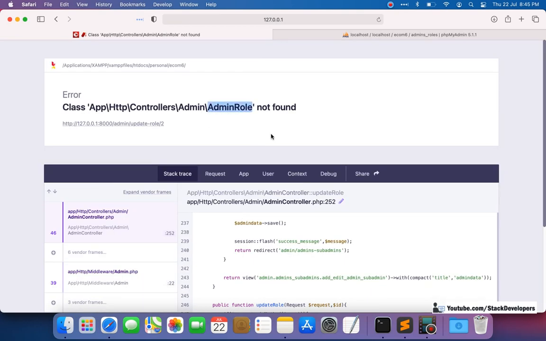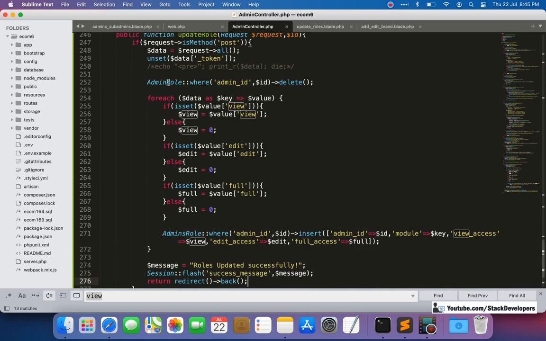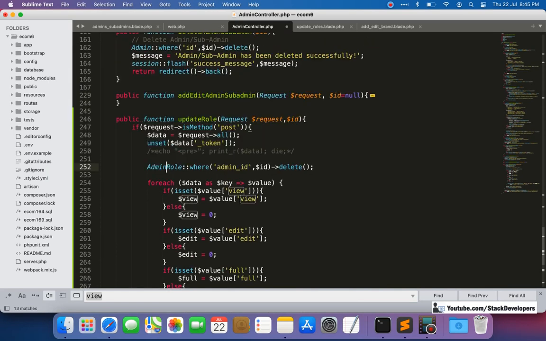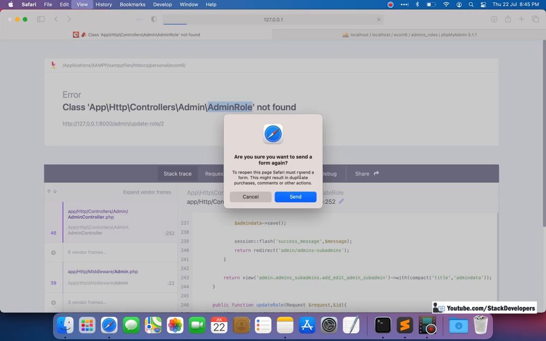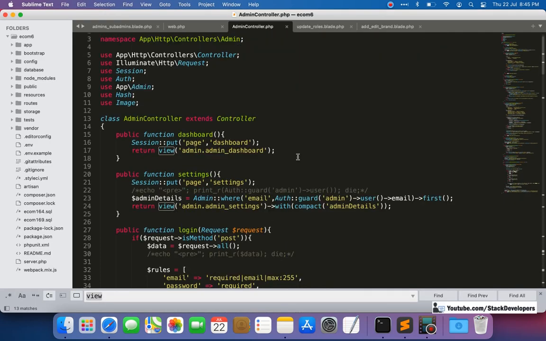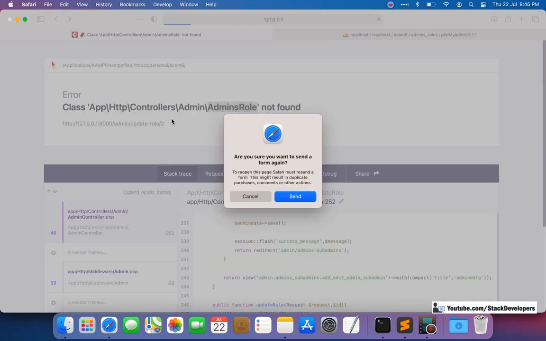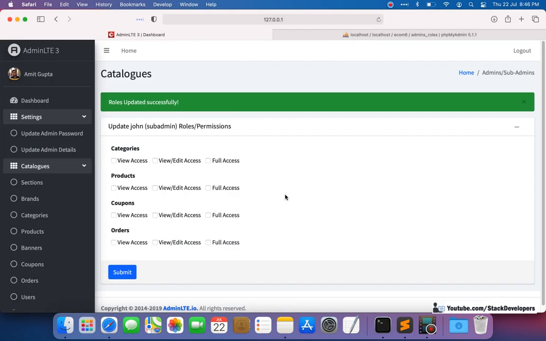And okay, admin role not found, because here this one S will come up. So let's try again. Wrong model earlier, and see this one. We need to add here use App\AdminsRole. Now we are going to try once again, and let's see.